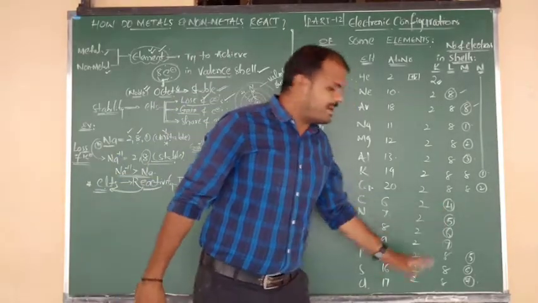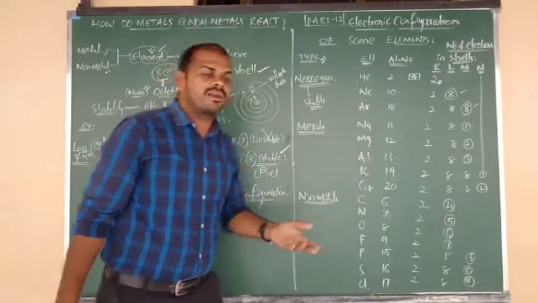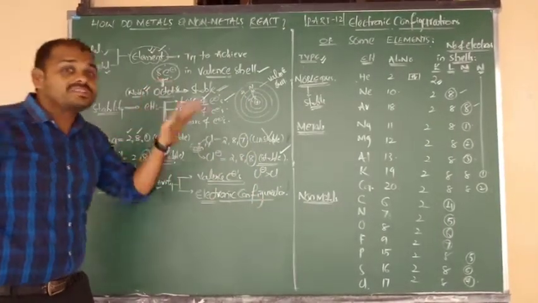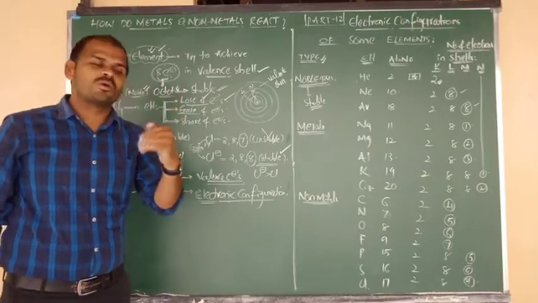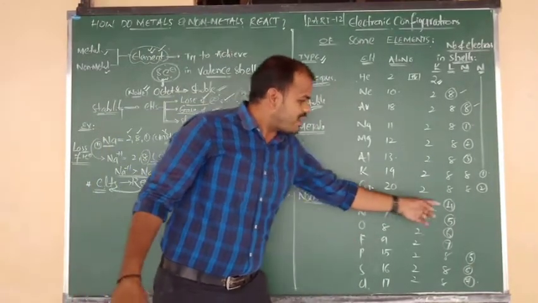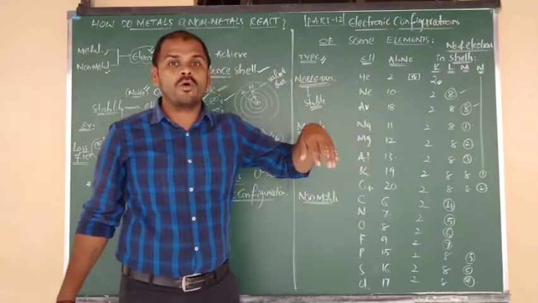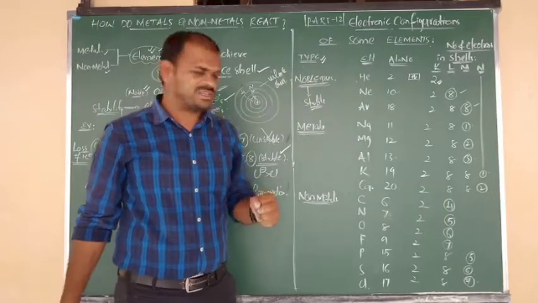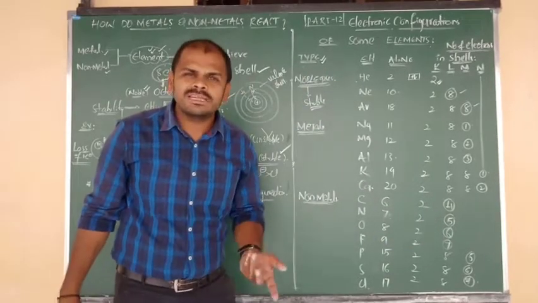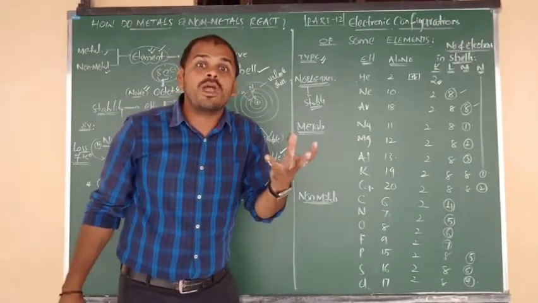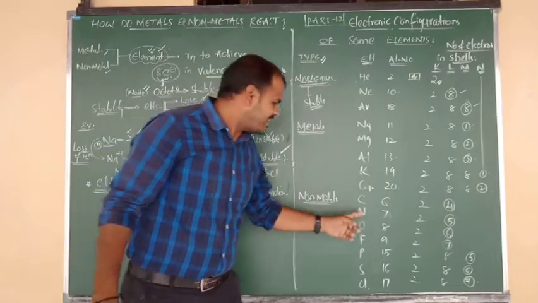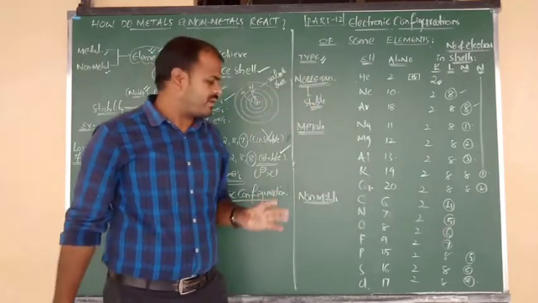Carbon's outermost orbit contains 4 electrons, but 4 electrons means an unstable configuration. We require 8 electrons. So it is ready to gain how many electrons? 4. So carbon's balance is nothing but 4. By accepting another 4, it becomes 8, so a stable configuration. Now nitrogen: the outermost orbit contains 5, an unstable configuration. To get a stable octet, it requires 3 electrons. So by accepting 3 electrons, nitrogen gets a stable configuration.